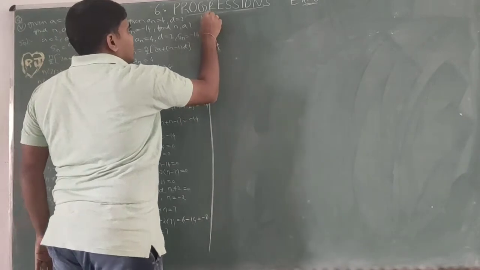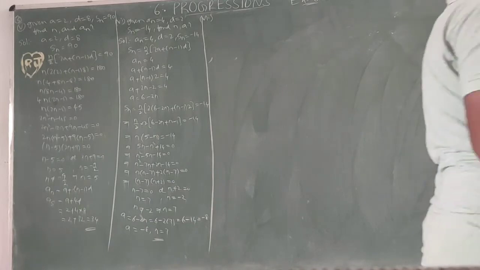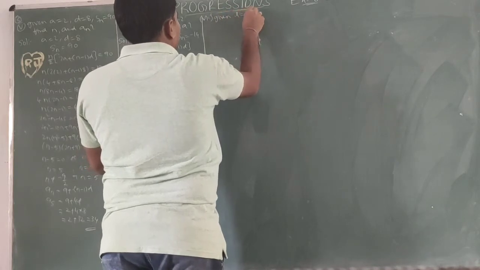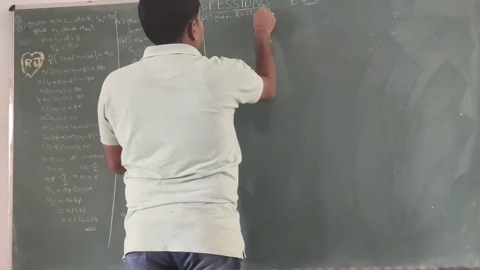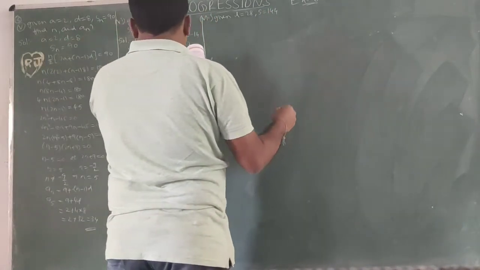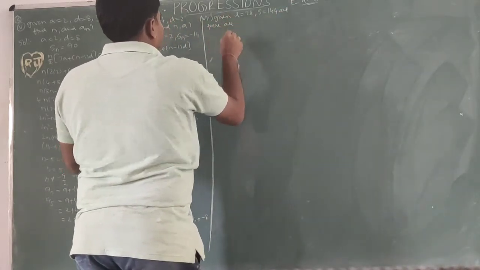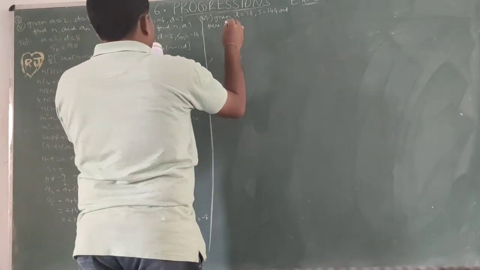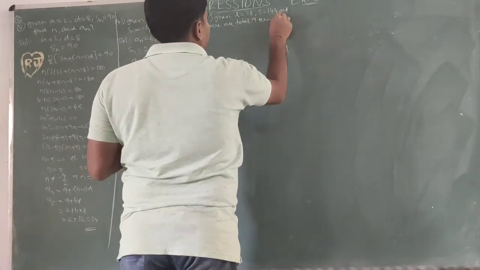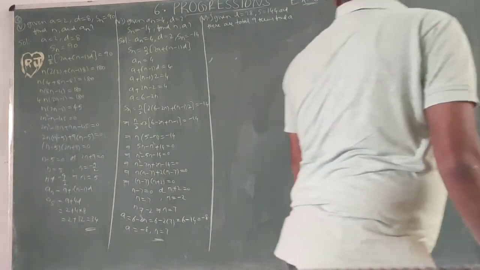Next, the seventh question is: given l equal to 28, S equal to 144, and there are a total of 9 terms. Find a. So solution: